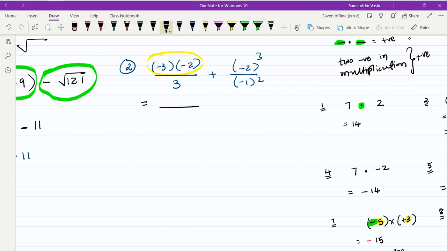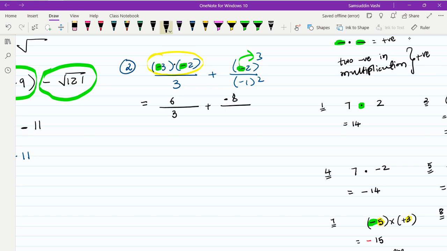-3 times -2. I say times because in between 2 brackets there is no sign. Okay. So it is times. So first we multiply the sign, negative times negative, positive, which we don't need to write. And 3 times 2, 6. Okay. The denominator is just 3. I can't work with it. Right. Then the plus sign as it is. I go to the second fraction. Numerator once again. Negative cube. Negative. First we work for the sign. And then 2 cube is